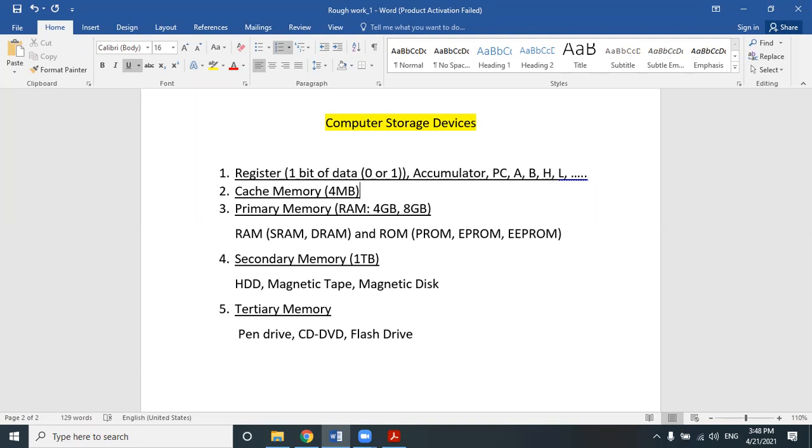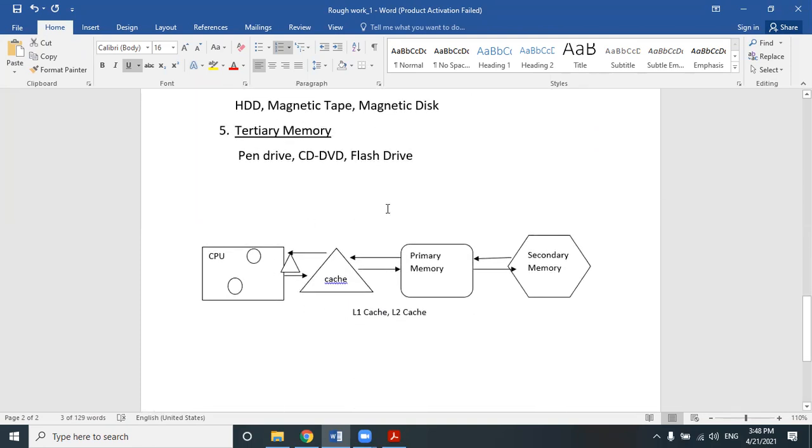Now, it stands between the main memory and the CPU. This is the main memory. Primary memory is also called main memory. So it stands between the main memory and the CPU. Look, this is the actual location of all the memories in your system. Try to understand. This is the actual block diagram of the locations of all the memories in your system.